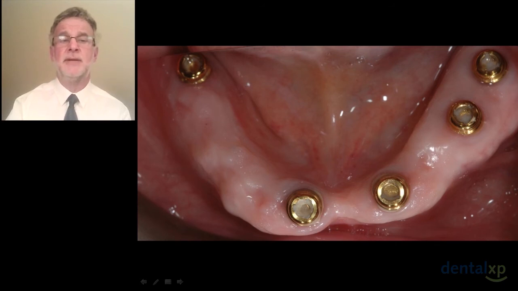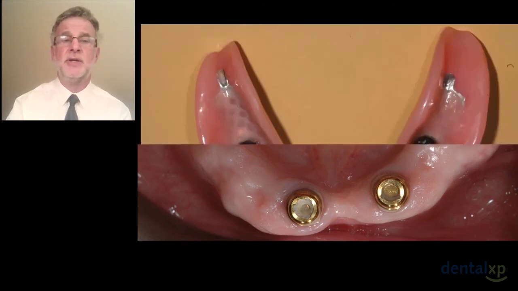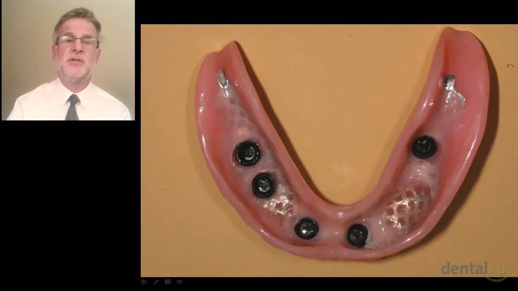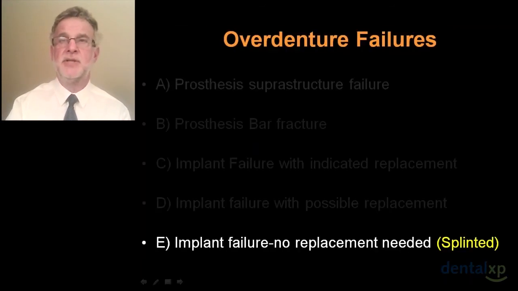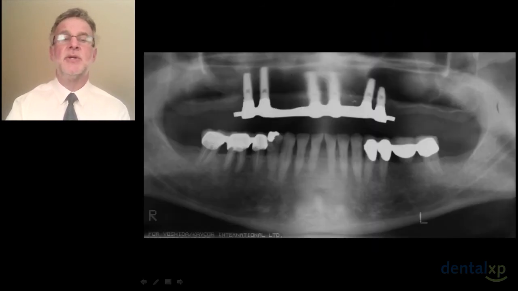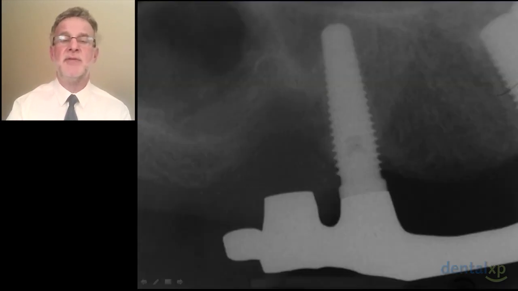Let's look first at unsplinted cases where we've lost one in the lower right, but we still have one to the distal, so it's even less important here. And this patient can function extremely well without replacing that implant at the lower left bicuspid area. What about if the implants are splinted? Are there cases where, with a bar, for example, we lose an implant? Here the patient's going to lose the upper right distal implant due to progressive bone loss, but we salvaged the bar and we just created a cantilever design. We felt that biomechanically we could depend on this,